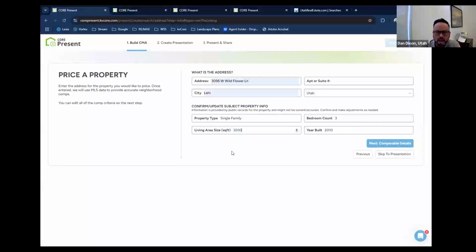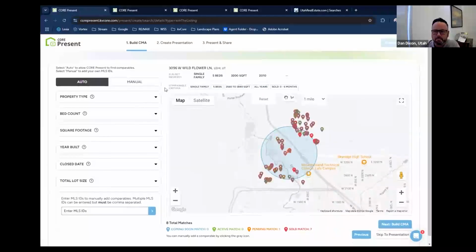So it's not as big a deal to get the square footage perfect as much as in the vicinity. I'm just going to use that as the total square footage here and then go to the next slide. I know that my bedrooms are five because I had the finished basement. If you don't know exactly what that is, it's not imperative that you get it right here. But this number you want to get as close as possible and include the basement. Okay, so going on to the next step.